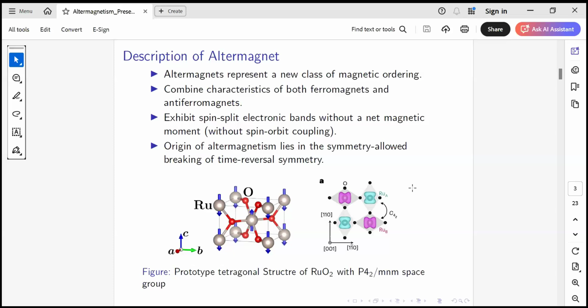C2 means a 180-degree flip of the spin. When you flip the spin by 180 degrees, at the same time the distribution of the oxygen atoms is rotated by only 90 degrees. You see on this one that the black dots are rotated by 90 degrees, but its spin direction is flipped by 180 degrees. So this is a two-fold symmetry and a four-fold symmetry. This kind of material is expected to have altermagnetic behavior.